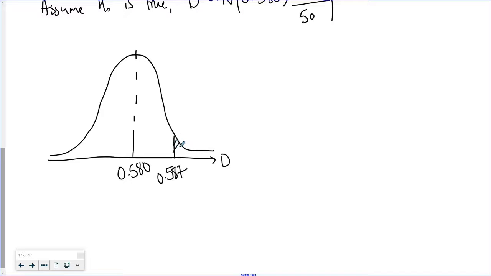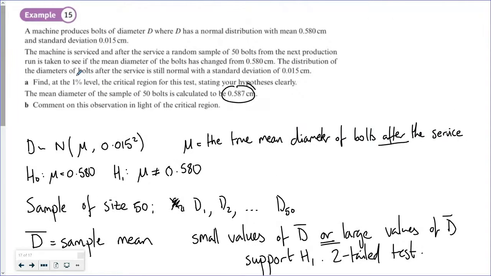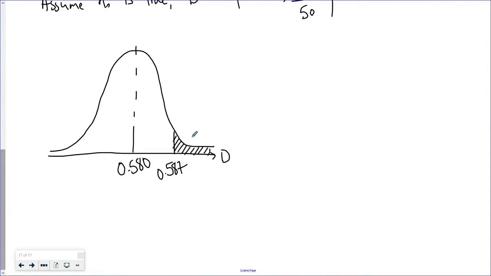And what we want to do is work out, are we in the final 0.5% of the distribution, the right 0.5%? It's 0.5% because remember from the previous video that we want 0.5% in each tail. So one way of doing that would be to work out this area to the right of us. So let's work out the probability of d bar being greater than